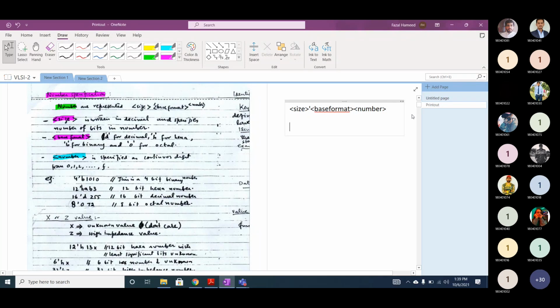Now let's assume I'm writing 4'b1010. What does it imply? What is the size in this case? 4-bit. What is the base format? B, binary.